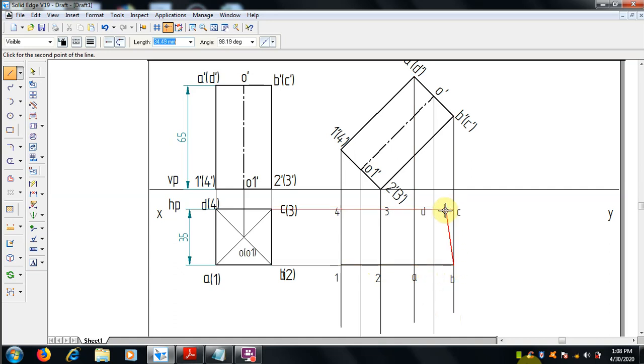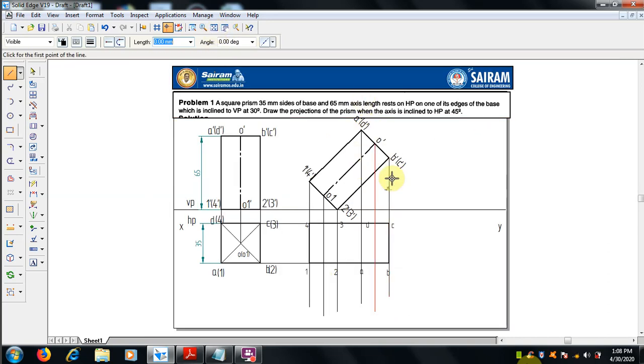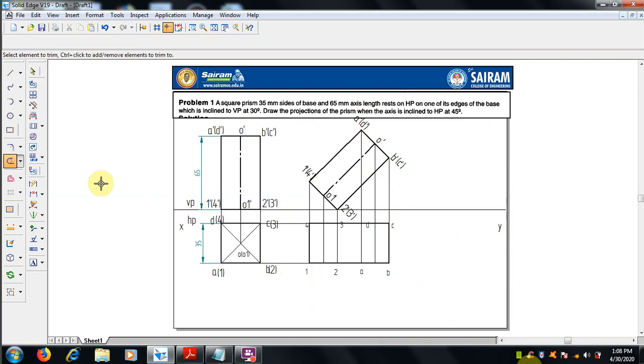We can draw like this, C to D, and 3, 4 and 1 with the 0.5 mm thickness line. First we will draw the boundary from the top. If you see, this is the maximum coverage of it. Once it is over, then we can show which is visible and which is invisible.